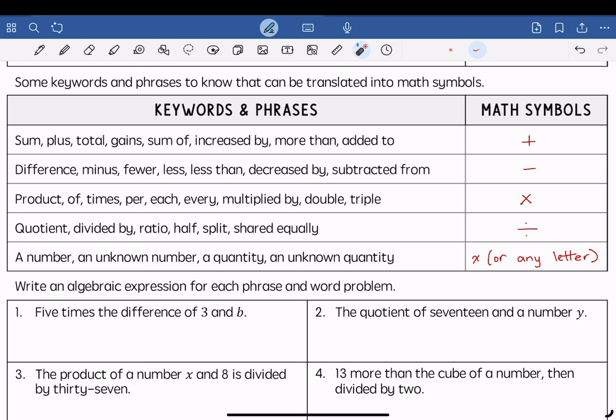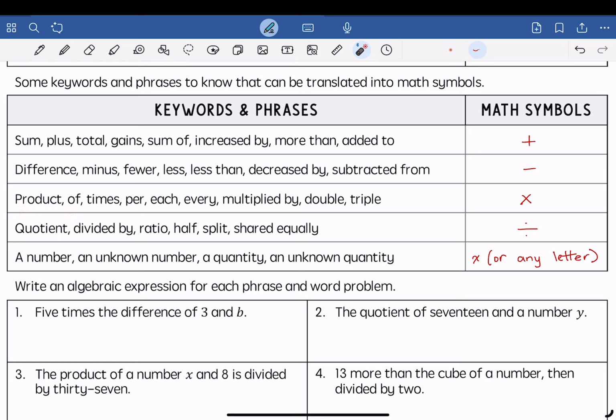When you're translating words into algebraic expressions, there are some key words and phrases that are often translated into specific math symbols, such as the sum, plus, total, gains, sum of, increased by, more than, added to. These can often be replaced by addition. Difference, fewer, fewer than, less than, decreased by, subtracted from, can often be translated into the math symbol minus, subtraction,